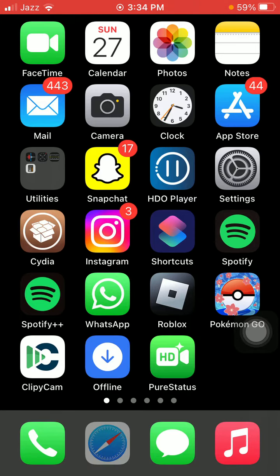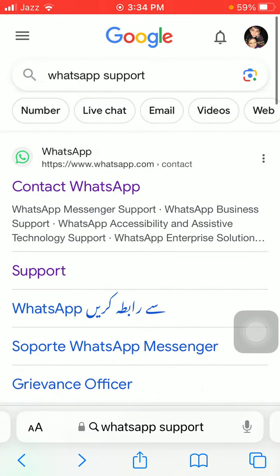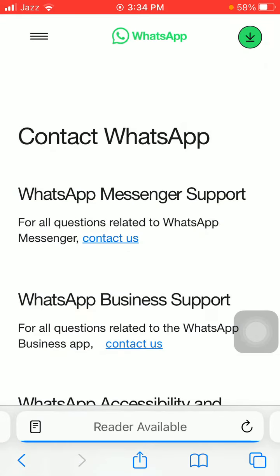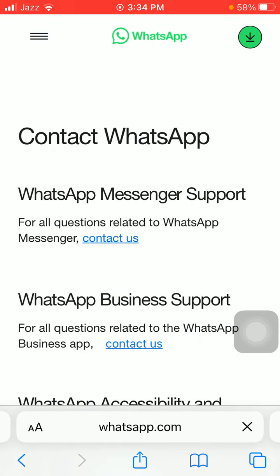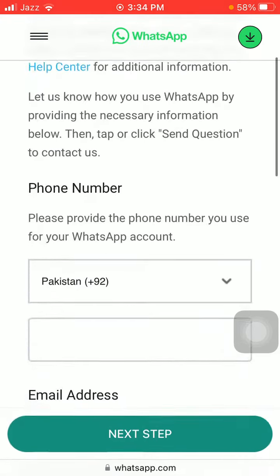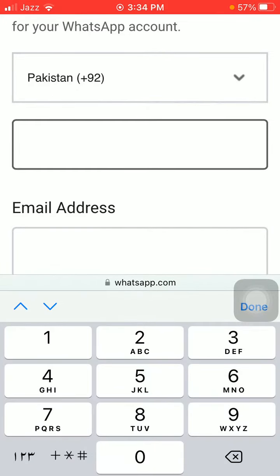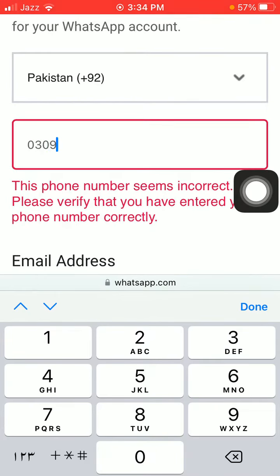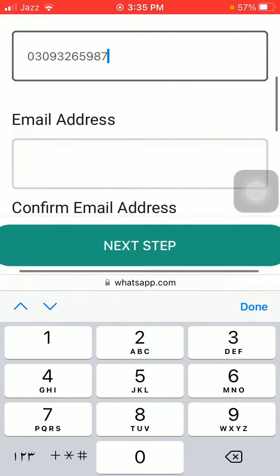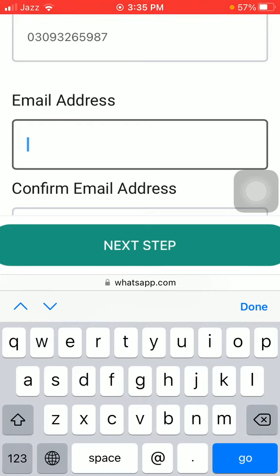Now launch any browser and search for WhatsApp support and use the first link. After loading the page, we have to tap on contact us. Here you have to select your country, put your number, then put your email ID,